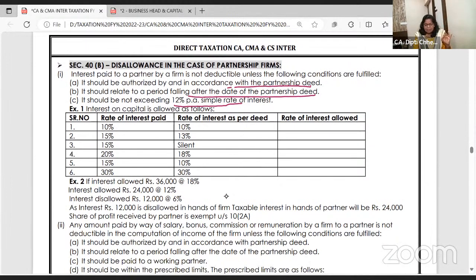These are very nice examples I have created on my own to solve the confusion. But suppose you have included in the partnership deed from June 22 that you will pay interest to partners. Can you pay it for 12 months? No, because for the first 3 months it was not there. Now in the partnership deed, if the interest is 9%, how much interest will be allowed? 9%. 12% is the maximum interest on capital you can allow, but you cannot exceed what is given in the deed. Clear to all of you? So what is allowed to be paid to a partner? Interest and remuneration. Two things.